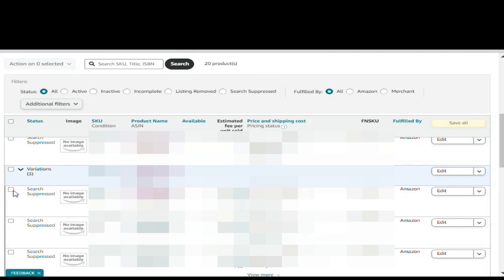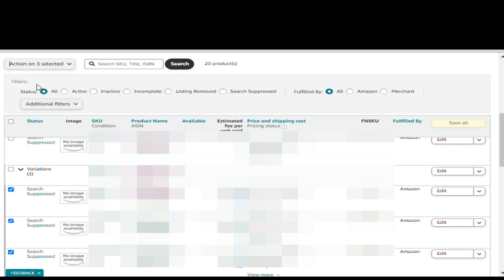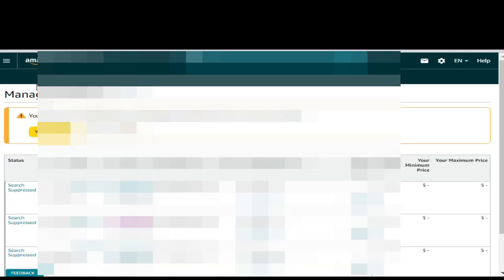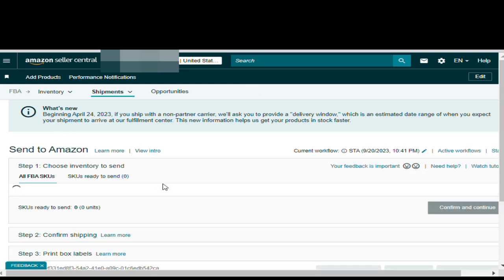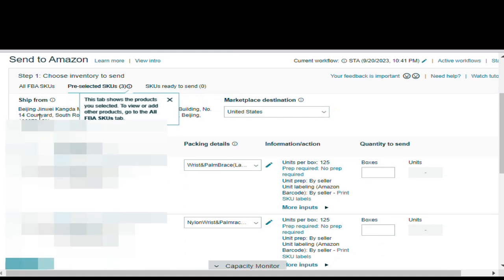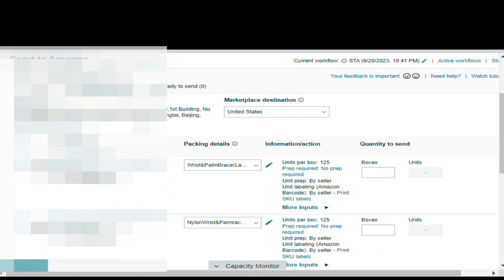For creating a shipment plan for a case pack template, we just need to select the items and click on Send replenish inventory. Once we click on this button, we have to click on Yes and continue. A new page will open in front of you, and here you have to add the address from where your inventory is coming. Like in my case, my inventory is coming from China, so I just add the address